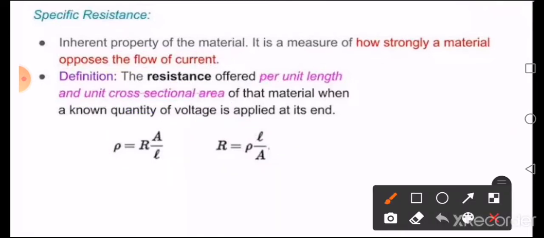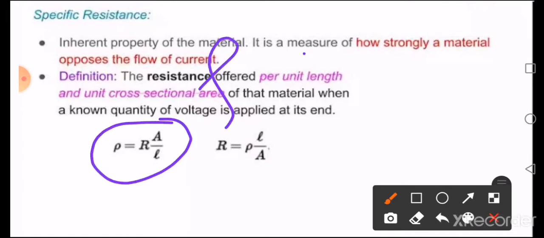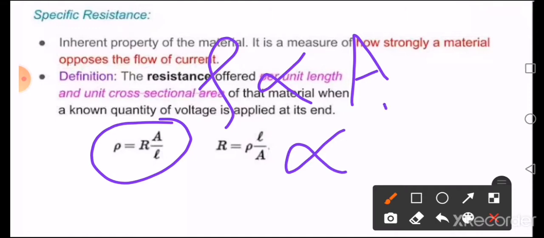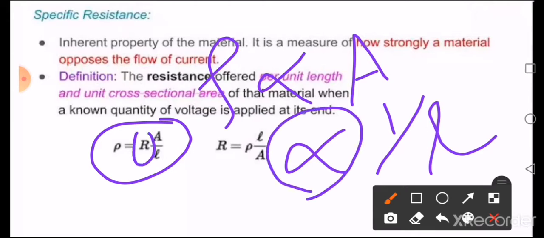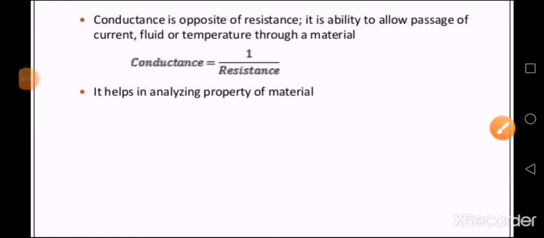Now when you come to the factors affecting specific resistance, from this equation you can write that the specific resistance rho is directly proportional to area of cross section and inversely proportional to the length of the wire. So there, to change this proportionality into an equation, you use R to represent it. So the factors affecting it: directly proportional to area of cross section, that is, higher the area of cross section, higher will be the specific resistance, and inversely proportional to the length, which means that one having less length will have higher specific resistance. So that is all about resistivity of a material.